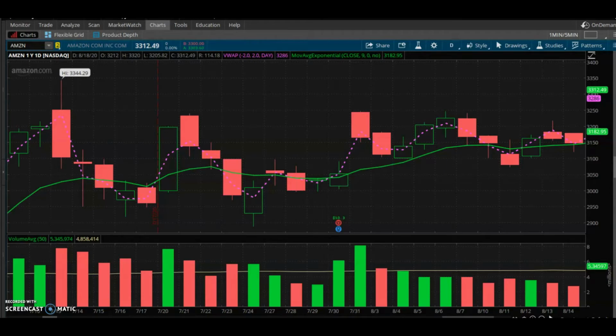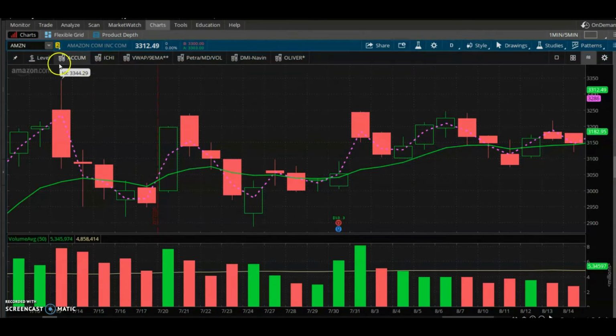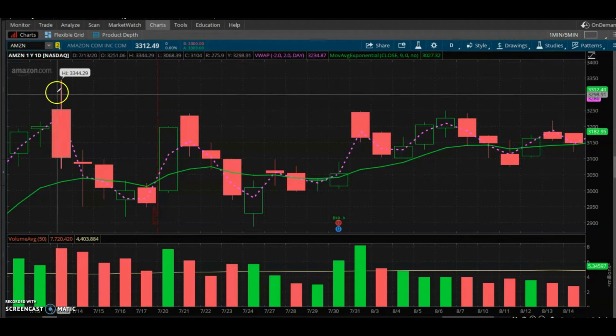So right here we have a daily chart of Amazon. Pretty much all I have as far as indicators are the VWAP, which is the purple dotted line. And this green line here is a 9-day exponential moving average. Now I'm going to draw a level, and I'm going to click on my little level button there, and we're going to show